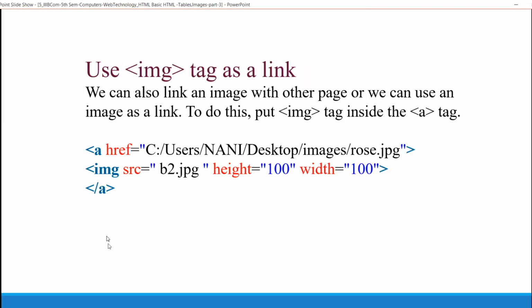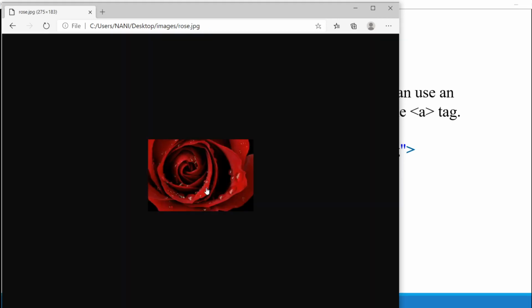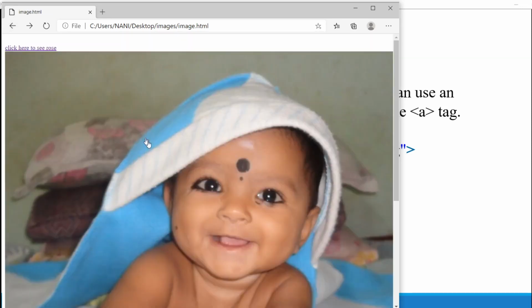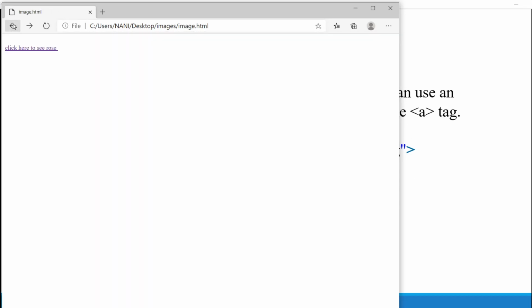Let's go back. Here, the image is used as a link. For that, I have taken source b2.jpg. If I click on this, I will go to another document. If you observe this, if I click on this image, am I linking? Yes, with the image. With the image, I am going to the other page. This is how an image can be used as a link.